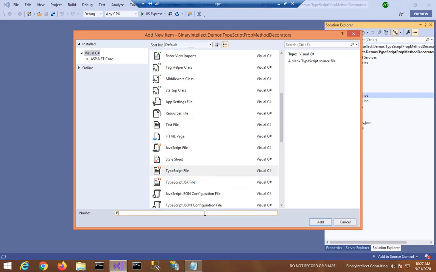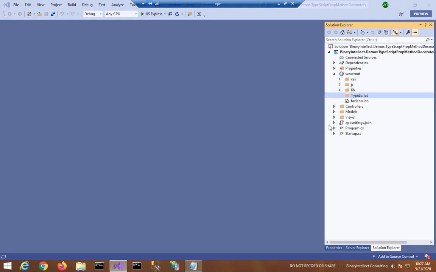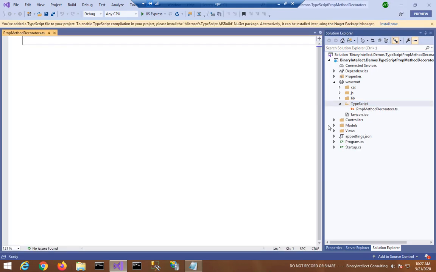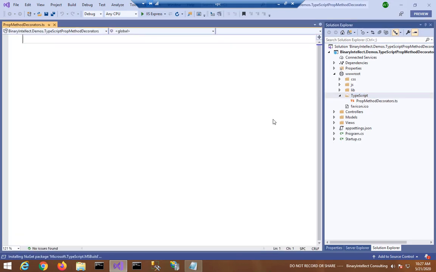Let's call it prop method decorators.ts. I will also install the necessary NuGet package.